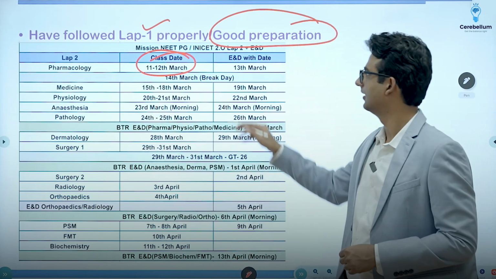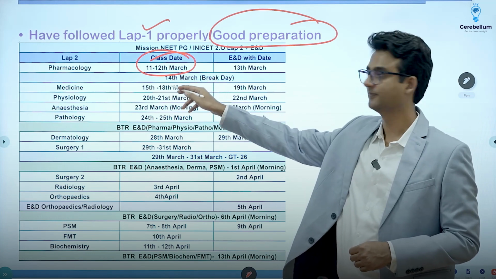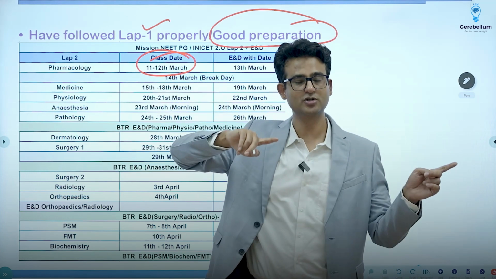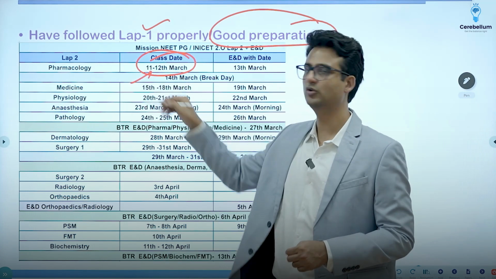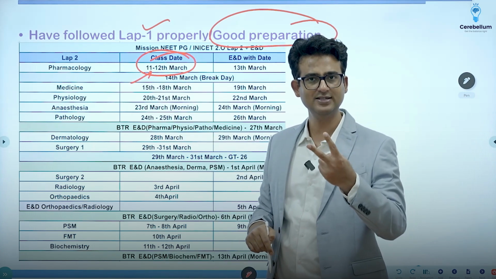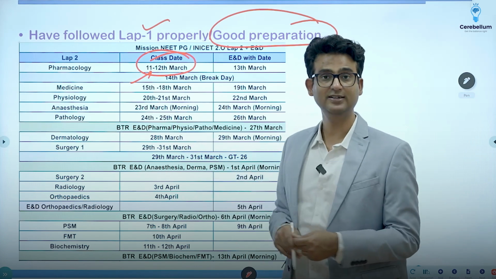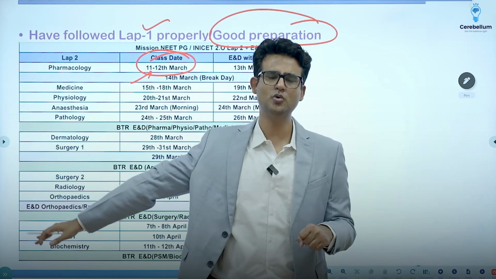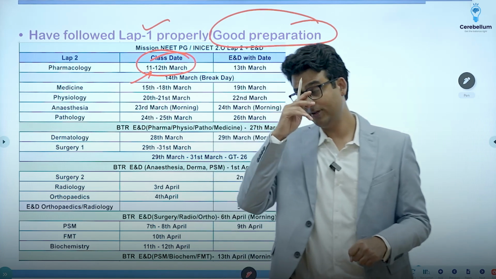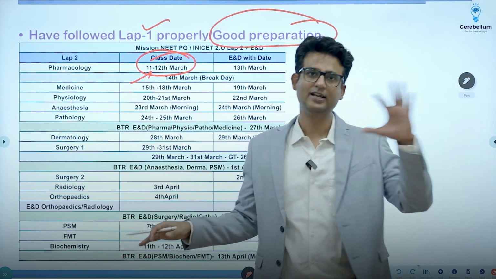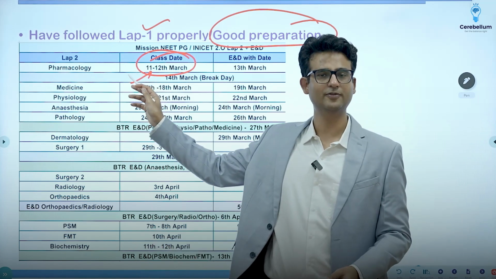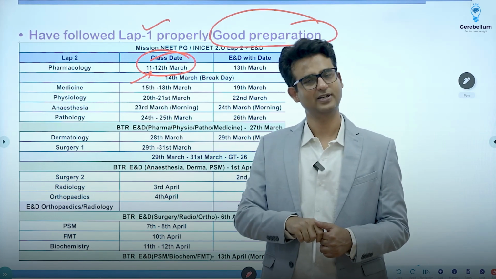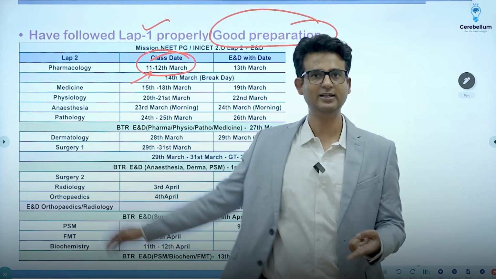How? If the 11th evening you have a live class, on the 11th morning from your notes you revise it. From your notes you revise it, and in the evening you have a live class. So you're having 2 revisions simultaneously. This is something that FMG students told me. We have a similar Mission 200 plus program in FMG, and they told me that in the lab 2 in the evening they would have class, in the morning they would do it on their own, and that's such a great idea. In the morning do your revision from your notes, in the evening you have a class. So you are having 2 revisions while lab 2 is going on.